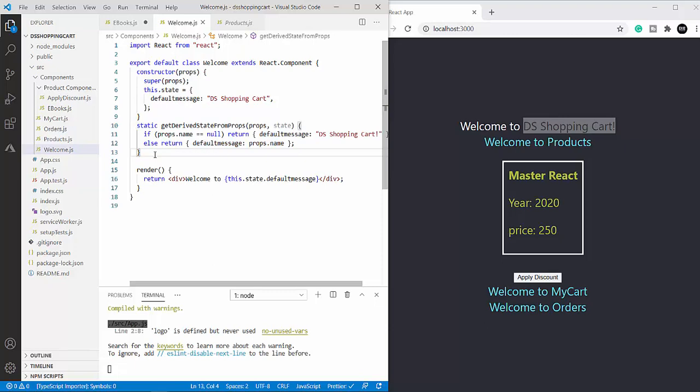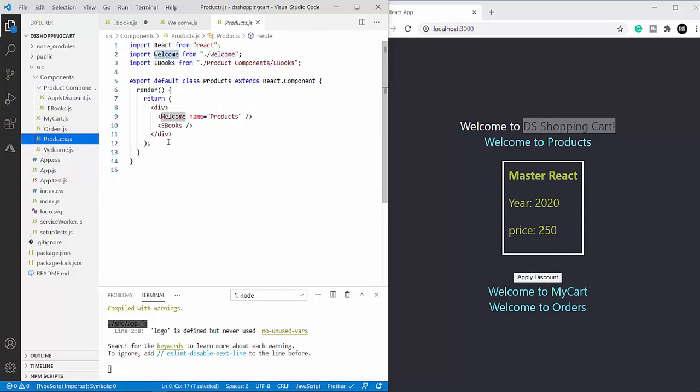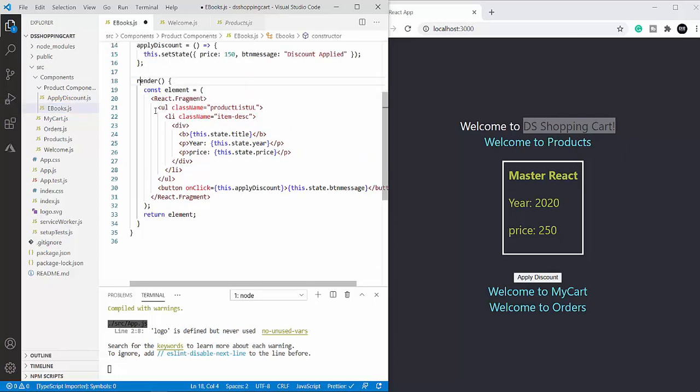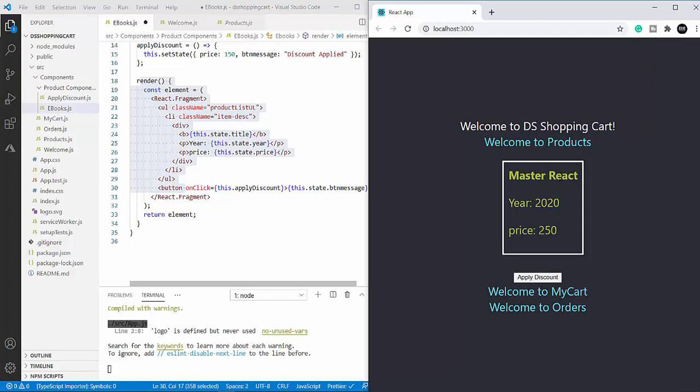But now I will not include the componentDidMount method inside this one, but I will enter inside the products. Inside products, we have ebooks. Let me go inside ebook. And inside ebook, we have this render method where we have price, year, master, under button, discount.